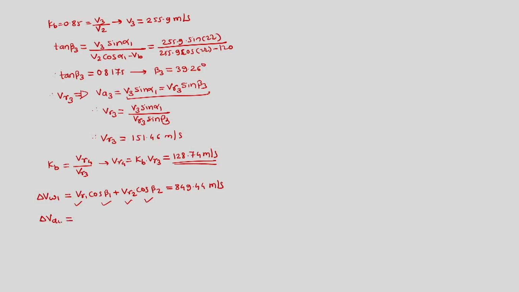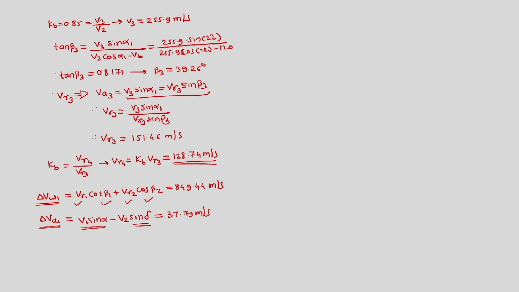Similarly, for axial thrust, the change in axial velocity for stage 1 is equal to V1 sin alpha minus V2 sin delta. Alpha is known, V1 is known, we can find this